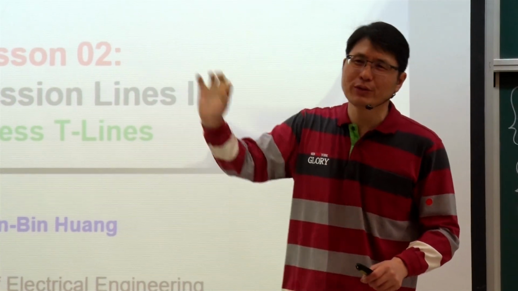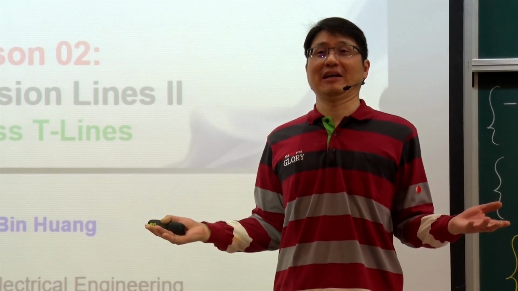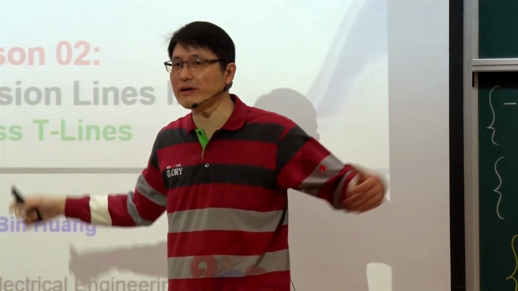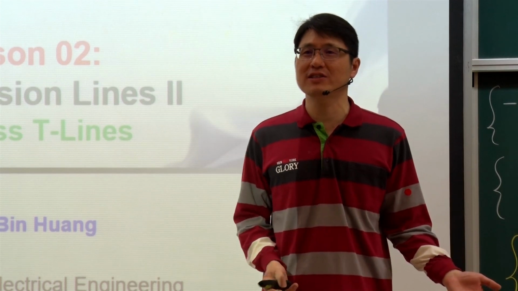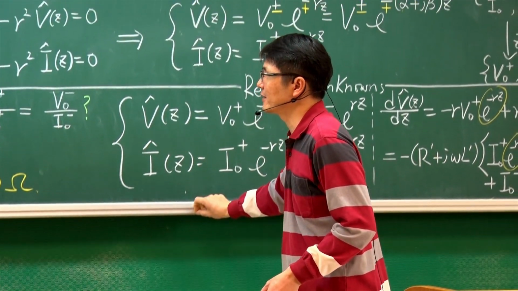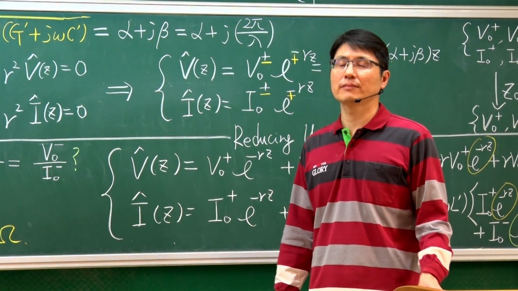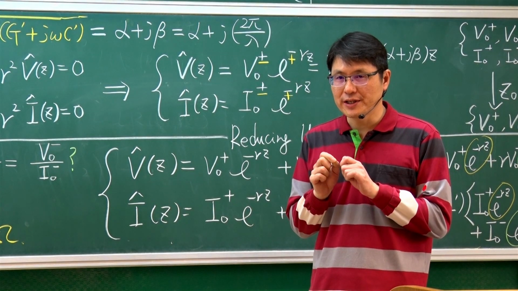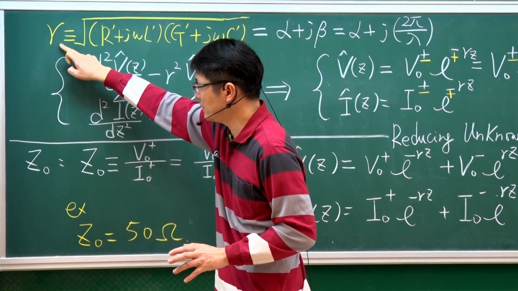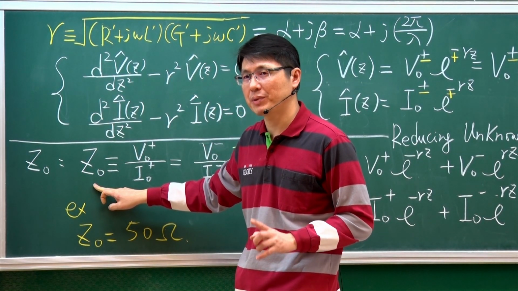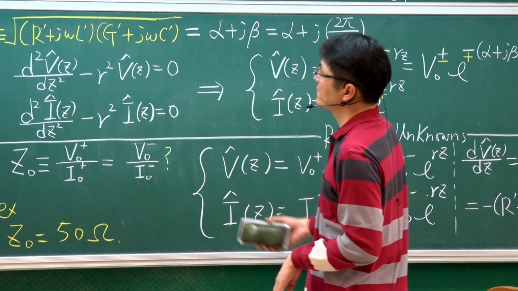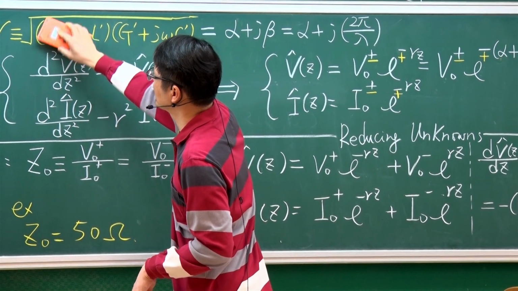Do we need to re-derive everything? Lossless transmission line. Do we have to start from KVL, KCL all the way here? Spend another 60 minutes? Of course not. All we have to do is, as I said, for a transmission line, everything is contained in the knowledge of gamma and characteristic impedance, right? So, gamma in the lossless case,